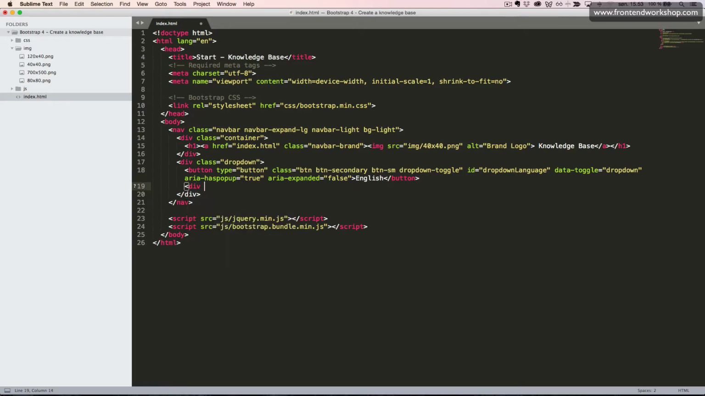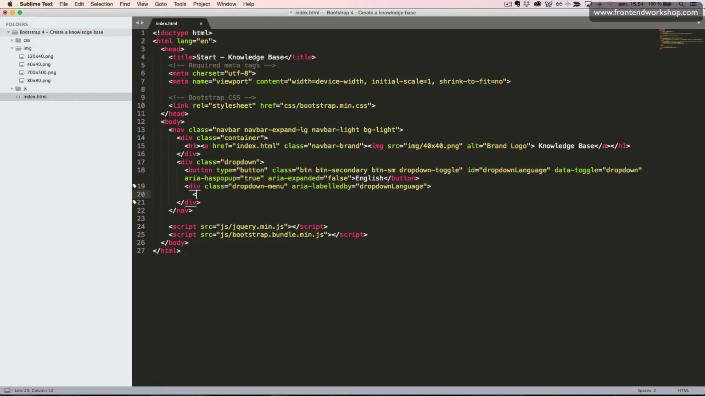After this we'll create our drop down menu, which is a div tag with the class dropdown-menu, and for accessibility we give it the aria-labelledby attribute with the value being the ID of our button, which we defined up here. Inside this div we'll create a list of links, or just some links. So we create an anchor tag and then give this some value. This is just an example,